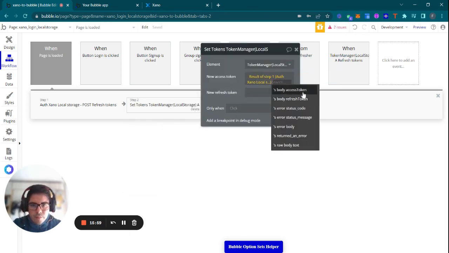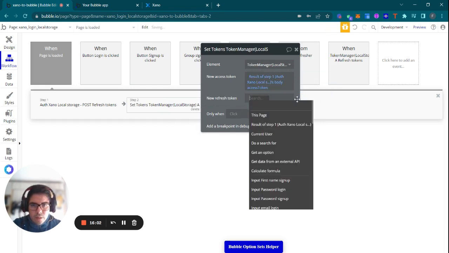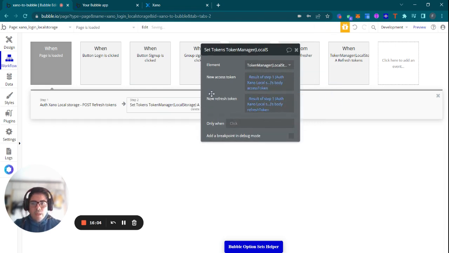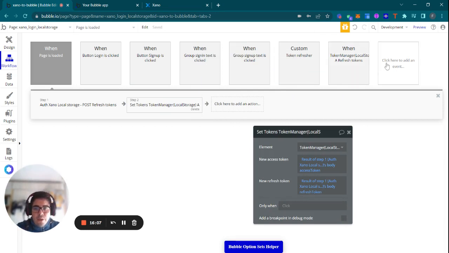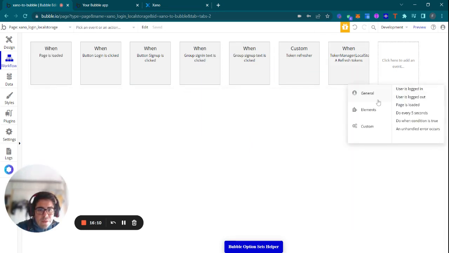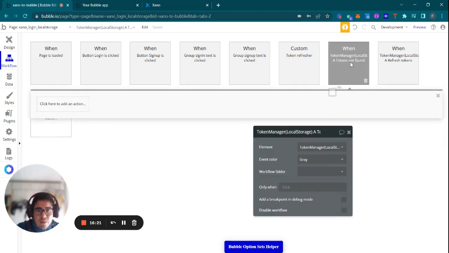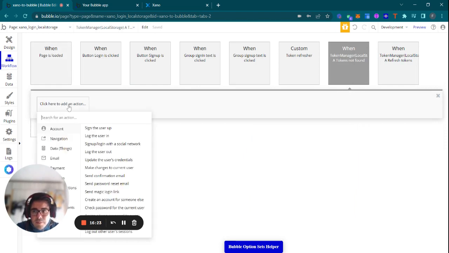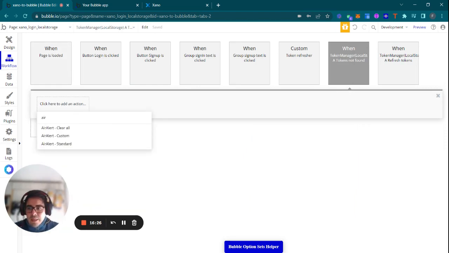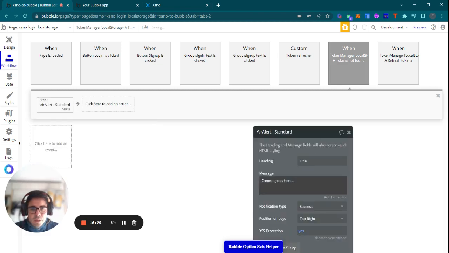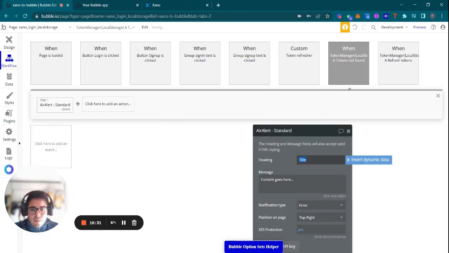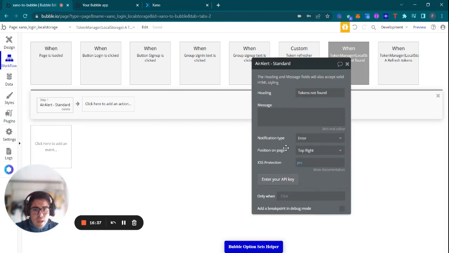So step one, access token. Step one, refresh token. And actually, a good thing is that this plugin has another event that I'm going to show you very quickly. I'm still working on this because I want to make it more powerful. But there's an event that triggers when the tokens are not found. So in this case, what I'm going to do is show an alert, an error, saying tokens not found. I'm going to raise this and you will see it in action